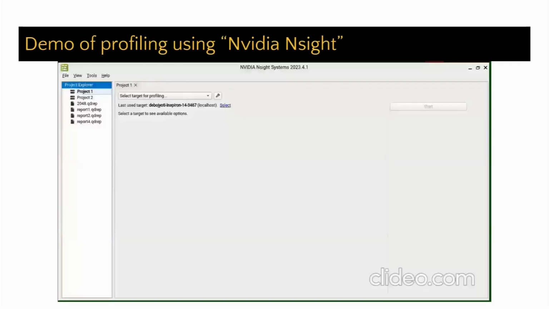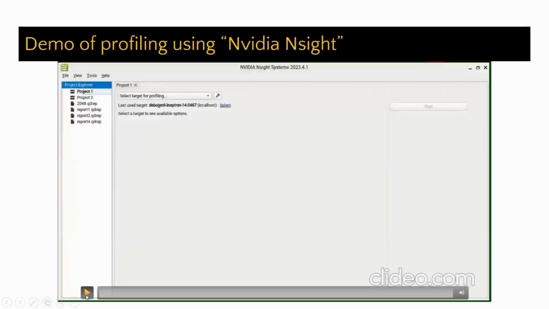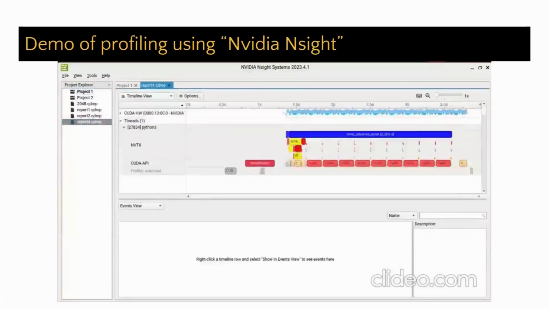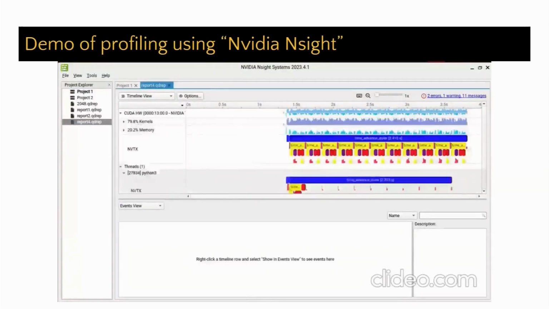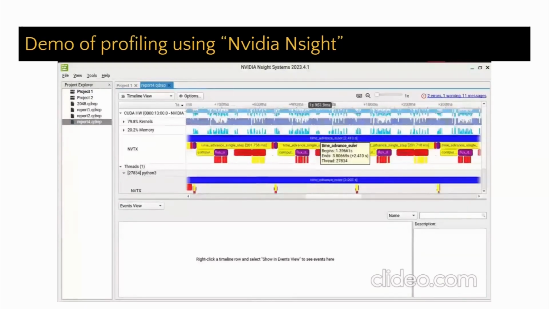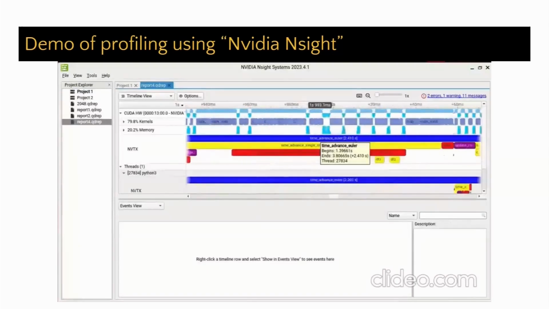Here I'll show a demo of NVIDIA Insight, where 79.8% kernel is used, 22.2% memory is used, one thread is running, and there is thread ID 27834.